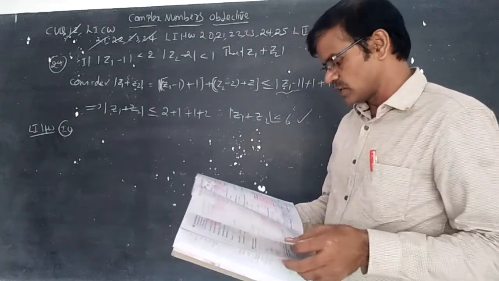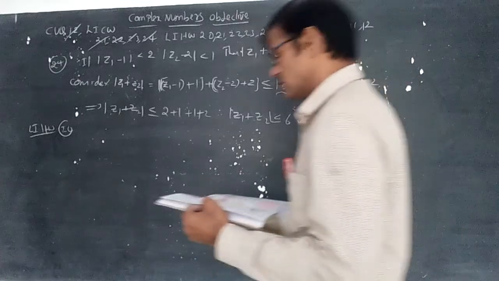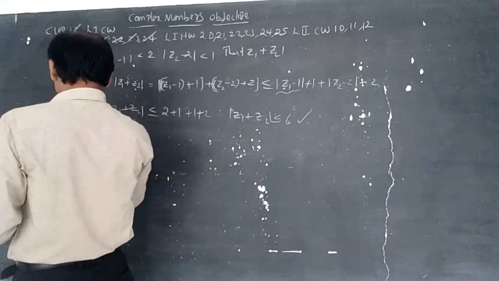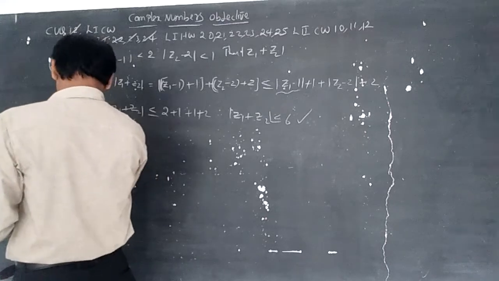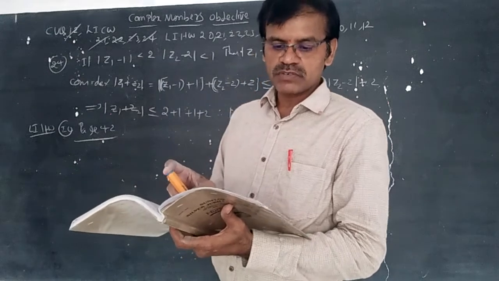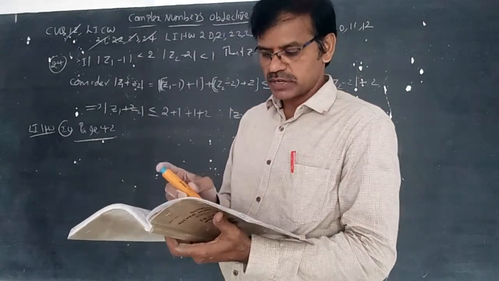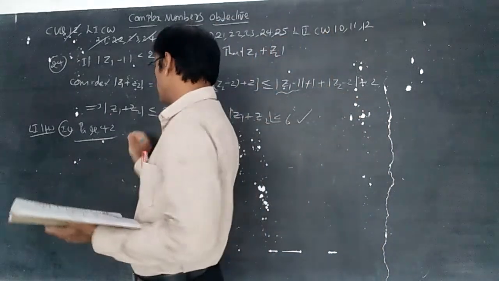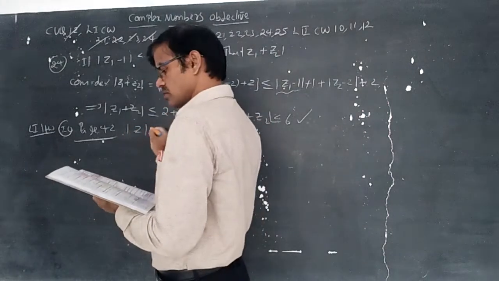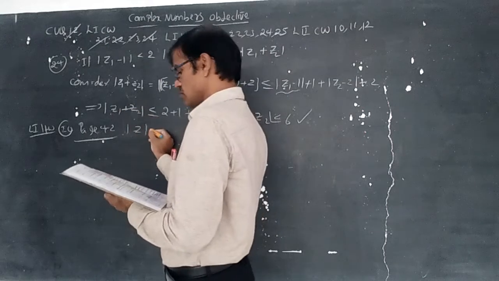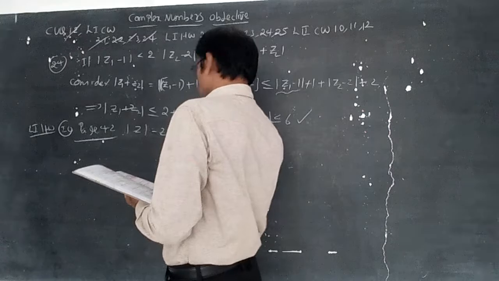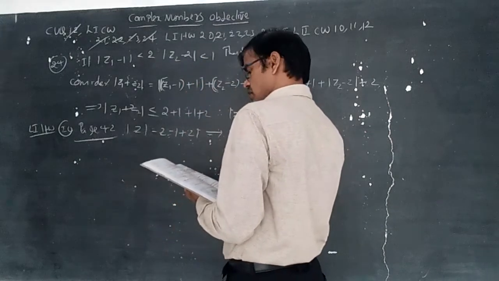Page number 41 is there. Page number 42 in our material, 20 to 25. Page 42, level 1 homework 20th bit. Modulus of z minus z is equal to... so it is a separate model. Okay, let us discuss. Modulus of z minus z is equal to 1 plus 2i. So that implies what is the value of z?